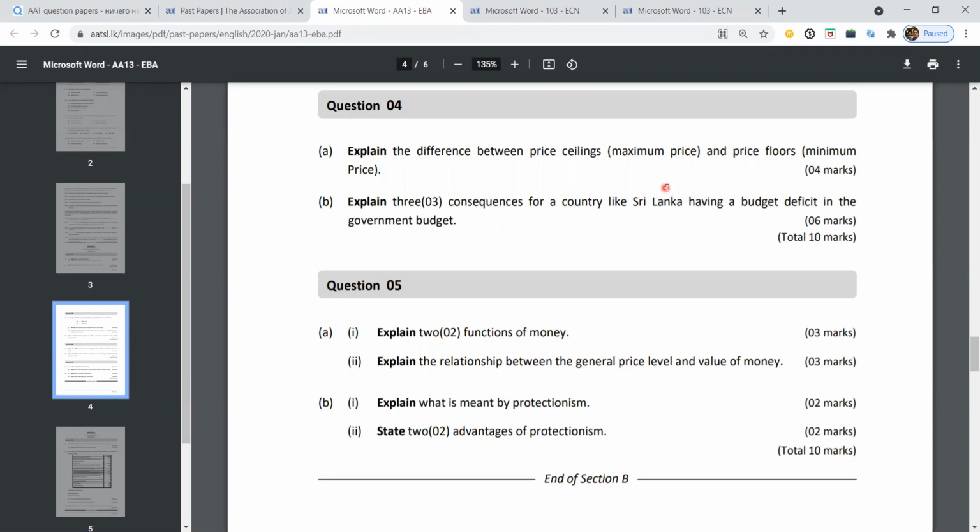Price floor is the other way around: the government introduces a price above the equilibrium level at which a good can be sold, so producers are protected, especially agricultural producers. So our answer in this case is like this: